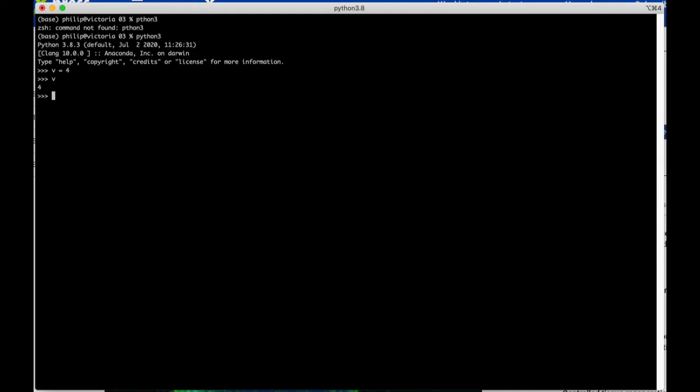So doing just v there is just like doing print v. That's the same thing. That's what it does when you just say, here's a variable, what is in it? And this is really useful for being a nice calculator. For instance, if I want to find out if v is the number,